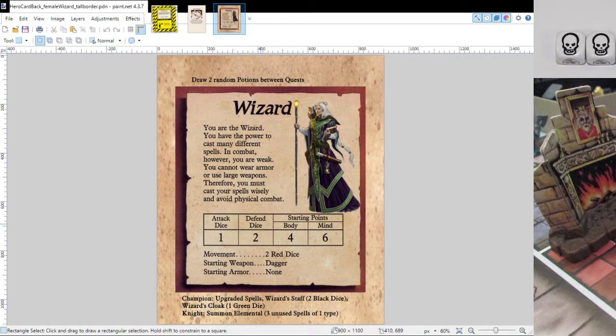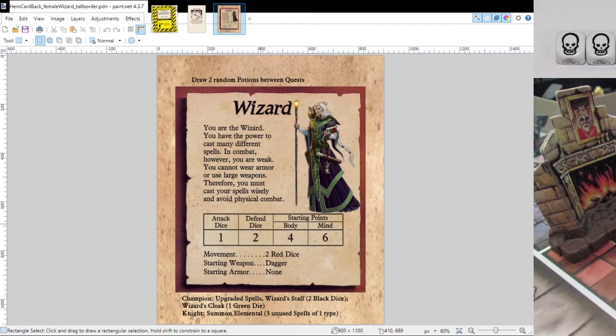I have a scanner. So what I like to do is get a good clean copy of something that I'm using as a template. So let's say I'll scan the character card or one of the spell cards or something and clean it up in the image editing software, which in this case is called paint.net.